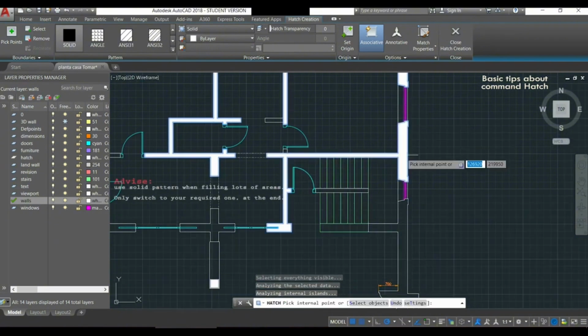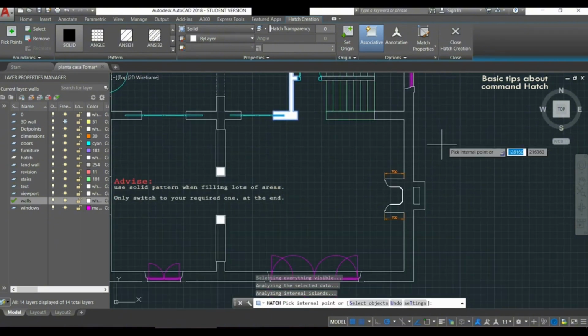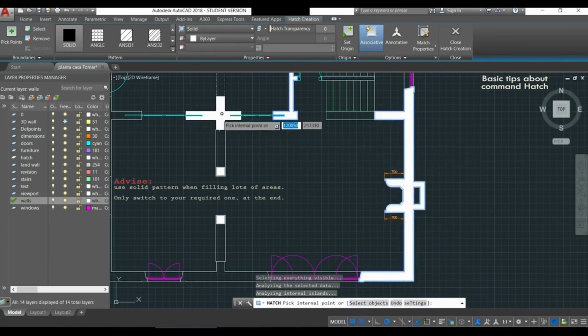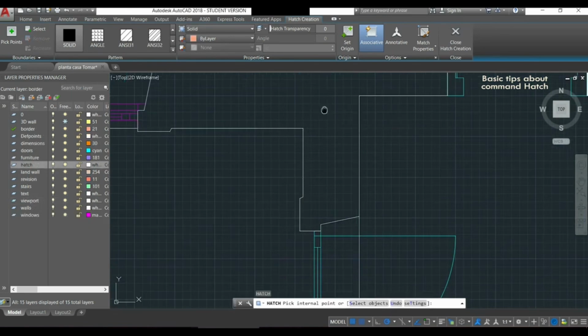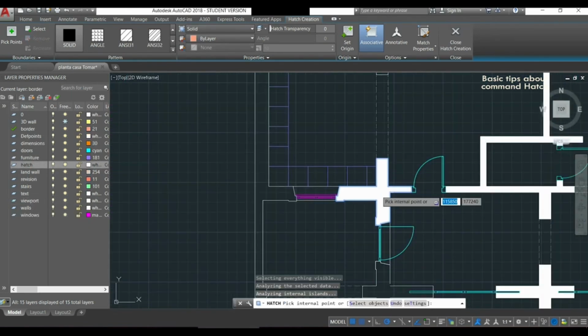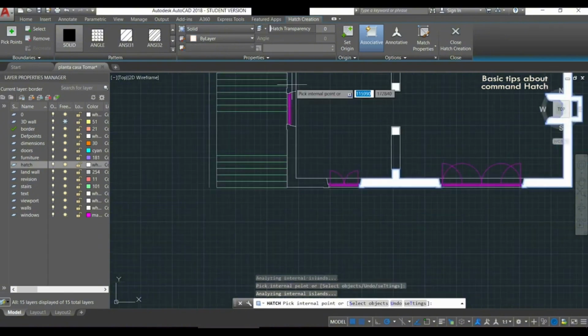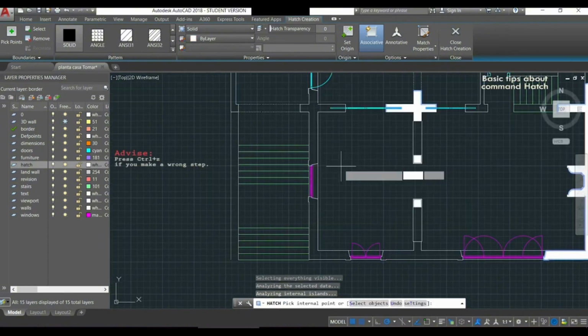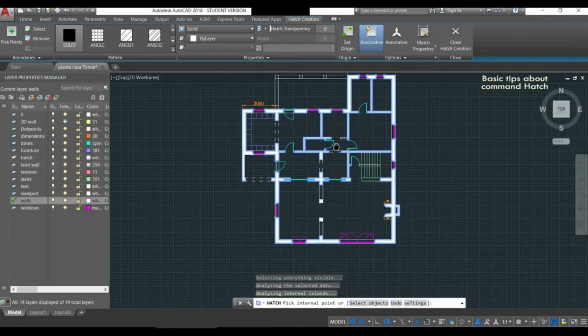Now imagine that I want to fill several areas, but I want them to act as a single object. Simple, I click in one area, then I click in another right away, and I keep clicking in the areas I want to fill.